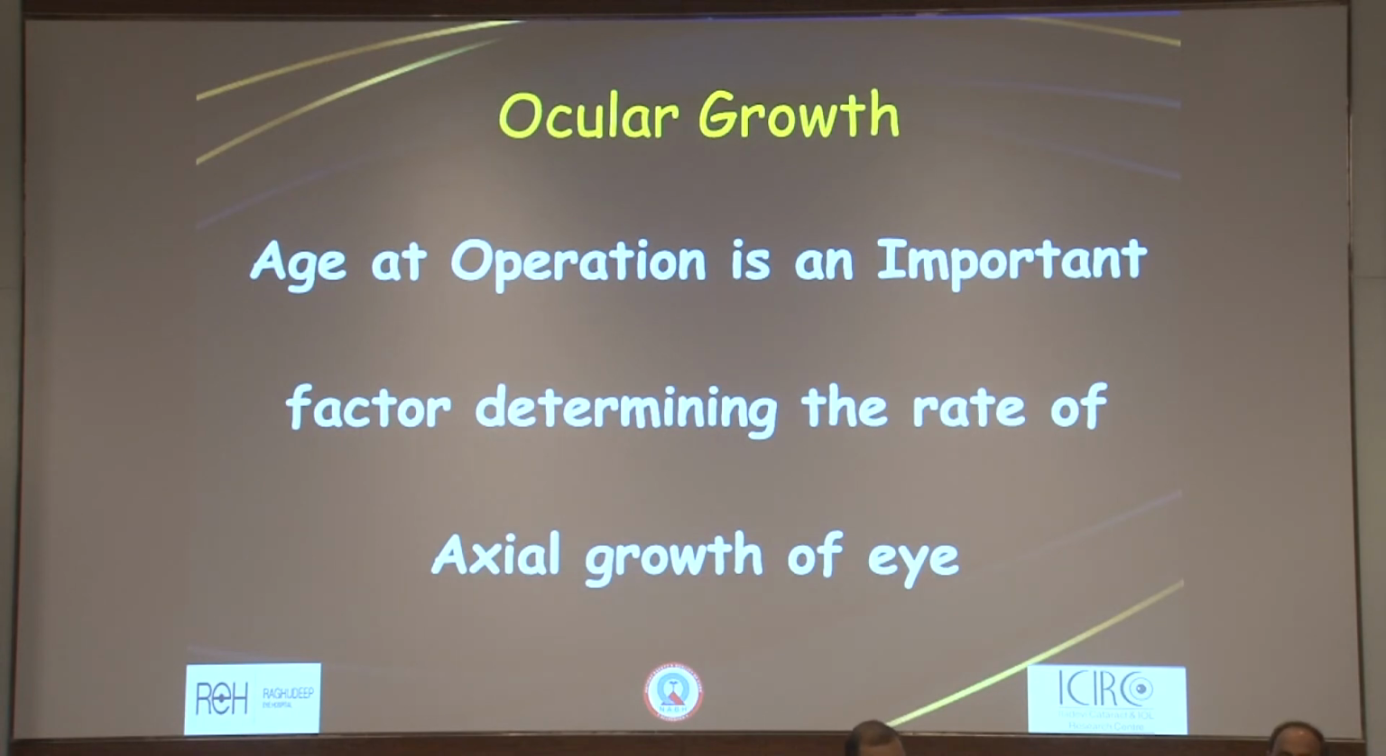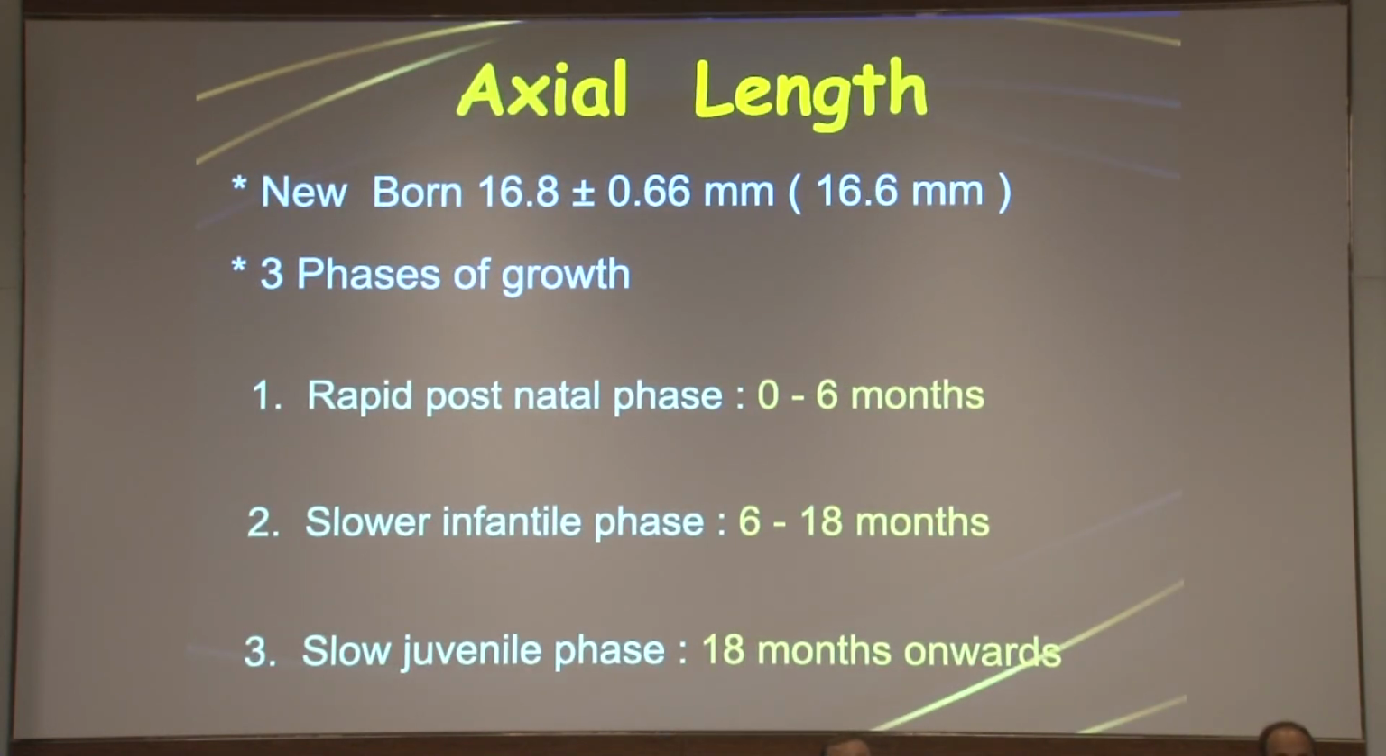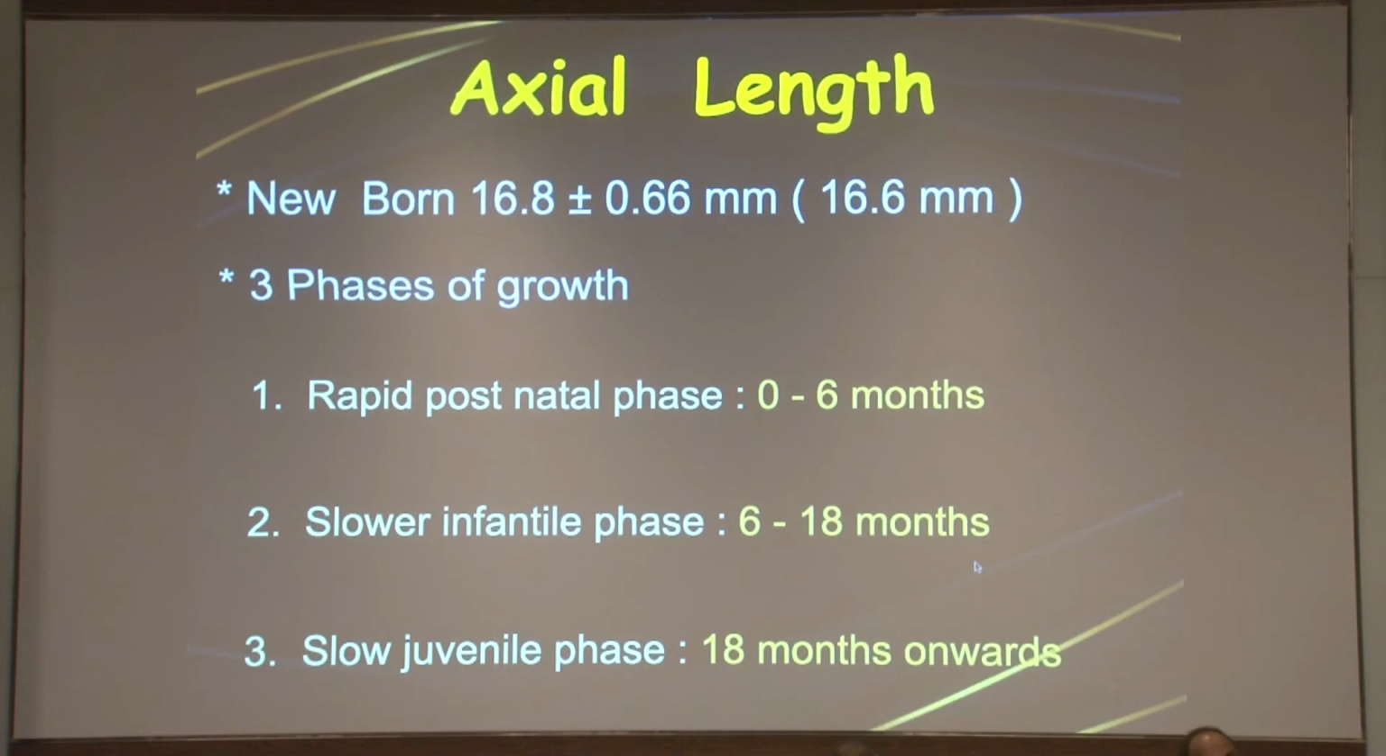The age at surgery is an important factor in determining the rate of axial growth of the eye, and there have been studies to show that the fastest phase of axial length growth is between 0 to 6 months. So if you are operating on a congenital cataract, say at 3 months, you have to think of more undercorrection compared to if you are operating at 1 year or 2 years. There's a slower infantile phase from 6 to 18 months, and 18 months onwards is a relatively safer time where you don't expect extreme jumps or extreme prolongation of the axial length,